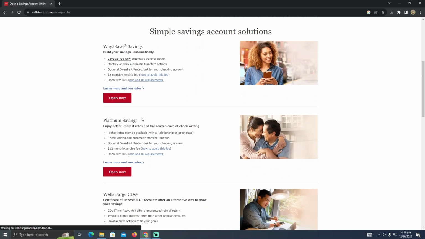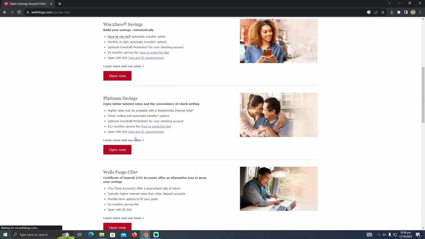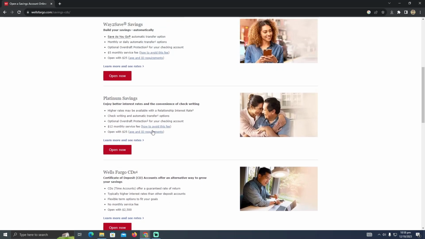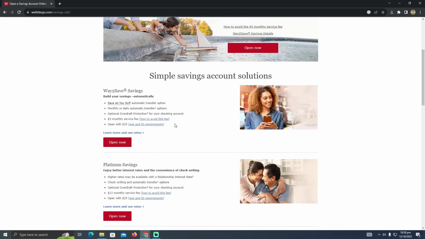There are multiple types of savings accounts. If you want to see, you just have to click on this Learn more, in order to know the difference between all of these things. After choosing what type of savings account you want to make, you just have to click on this Open now. It will take you to a new page, and the new page should have the instructions or a process